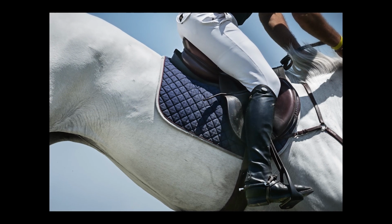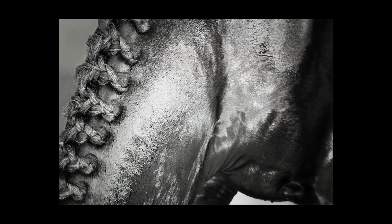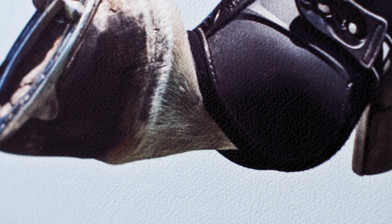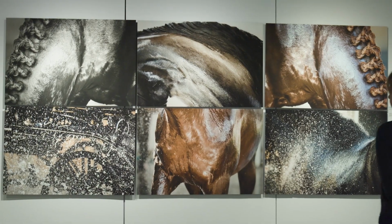These horses are living and breathing. And I needed a paper that would capture the fine details of the hair and the braids, and the sweat on the flank, and the sand flying in the air. After running some tests, I settled on Legacy Textured because the texture of the paper enhances the quality of the horses and the spray of the water, and it adds a vivacity to the image, but it doesn't get in